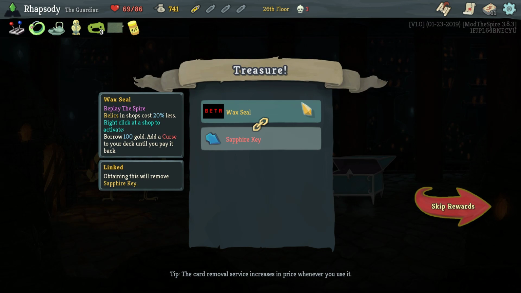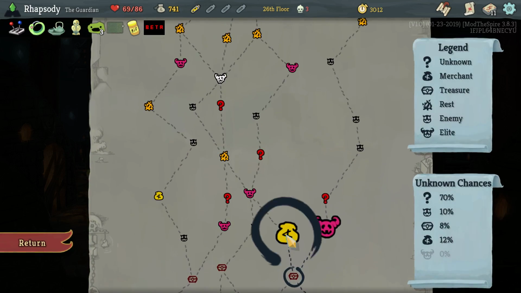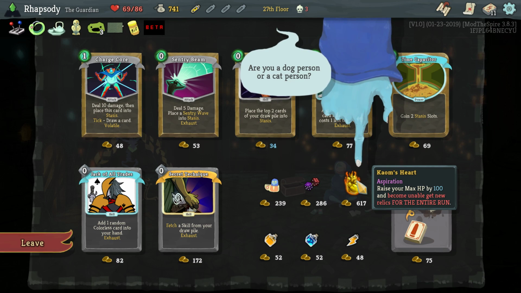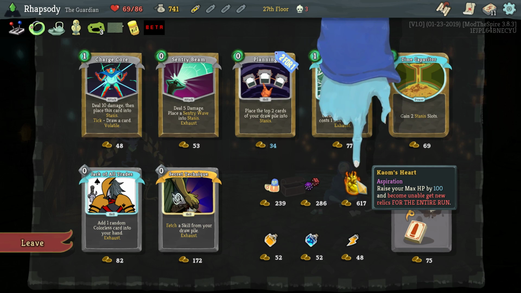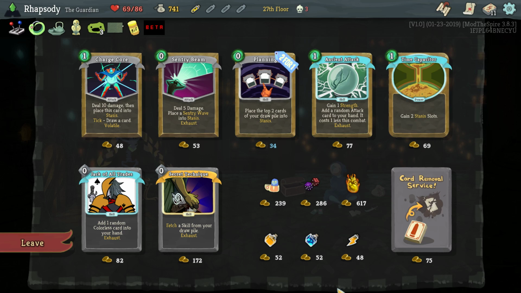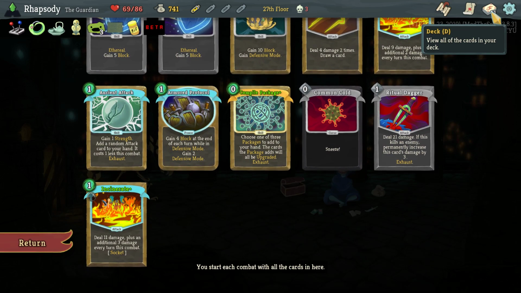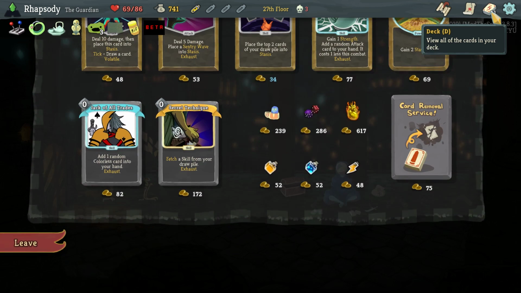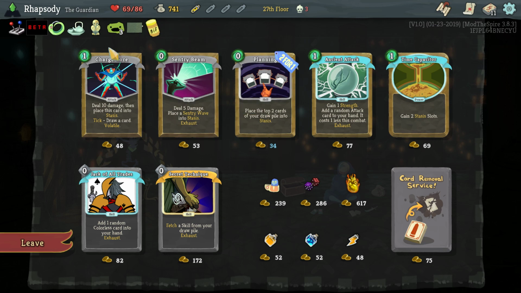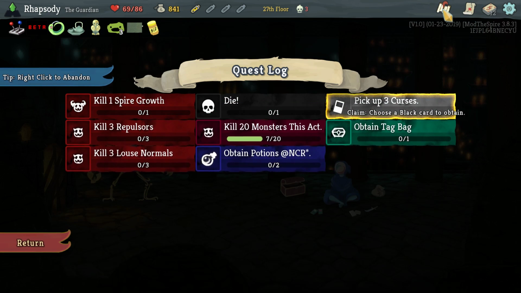Wax Seal. Relics in shops cost 20% less, and right-click to activate. Borrow 100 gold, add a curse to your deck until you pay it back. Well, I can immediately go here, and then... Oh my god. Calm's Heart. Raise your max HP by 100 and become unable to get new relics for the entire run. The warrior who fears will never fail. Never look back, never stop, never surrender. Is 100 more max HP enough to get us to win? Because I don't think it is. What I do know is that Wax Seal just gave me a curse, so now I have